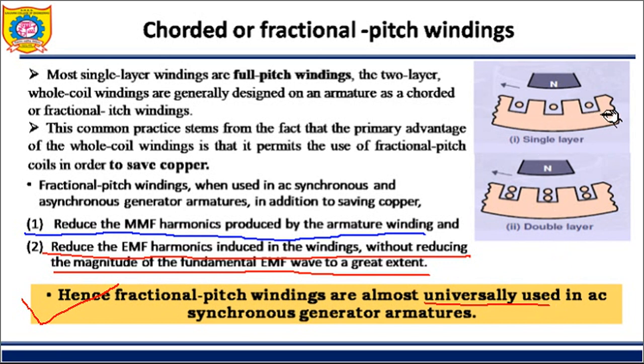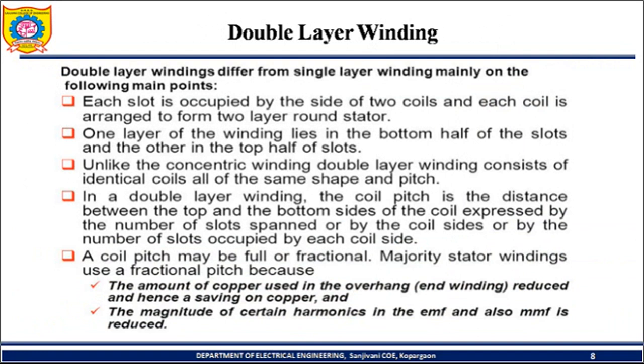Then you can look towards the figure. Here the armature portion, or stator part, is shown, in which there is only one conductor per slot. So it is called single layer. And if in the same slot, in the downward half we have one conductor, and in the upward half another conductor, then it is double layer. So winding again has types: single layer winding and double layer winding.